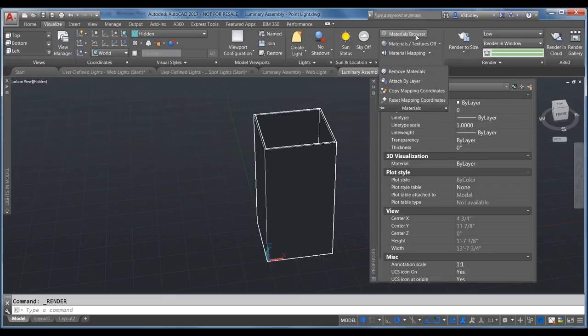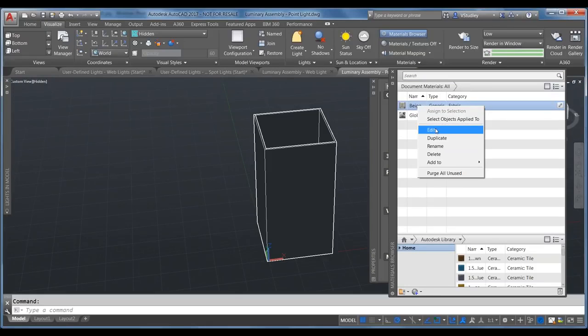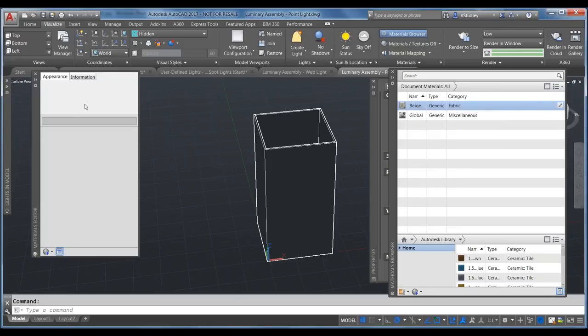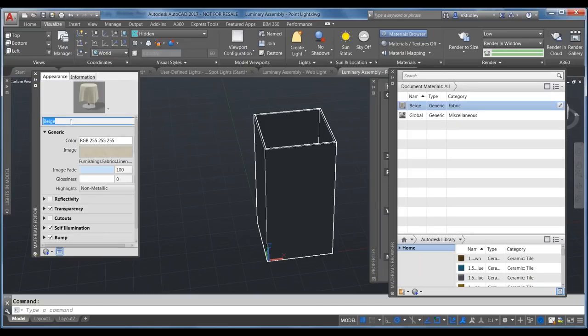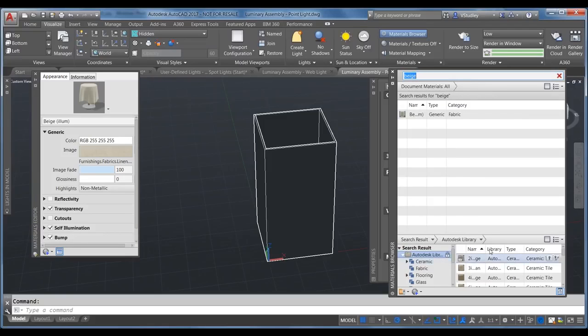So if I open up my materials browser, I have this beige fabric. I'm going to rename this one. We'll edit it first. We'll call this beige loom. This way I know that this is my illuminating material. I'll show you what I started with, because I started with a material from the Autodesk Materials library